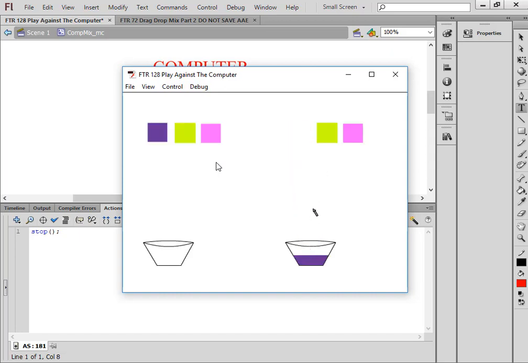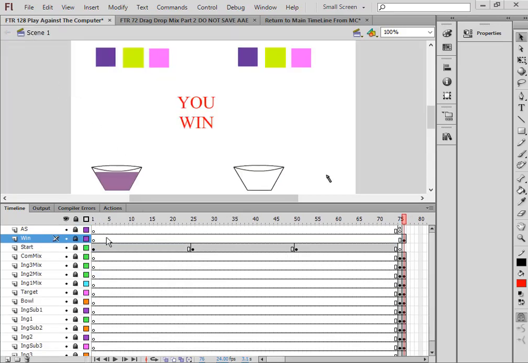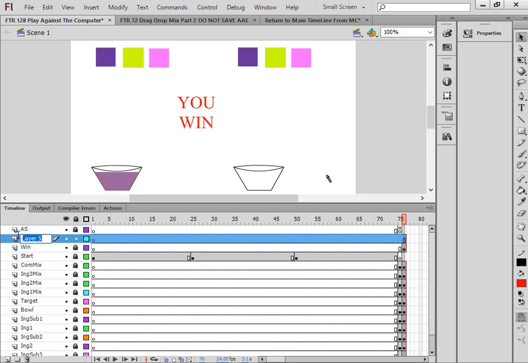1, 2, 3, computer wins, but I think I can still move these. Let's go back to the main timeline and make sure all the layers are locked. Select the win layer, insert a layer, lose, L-O-S-E,